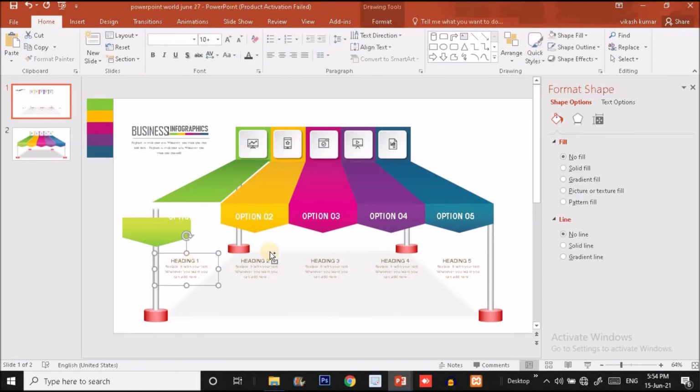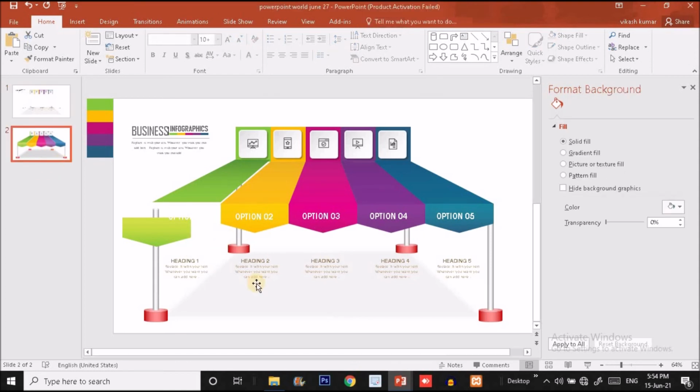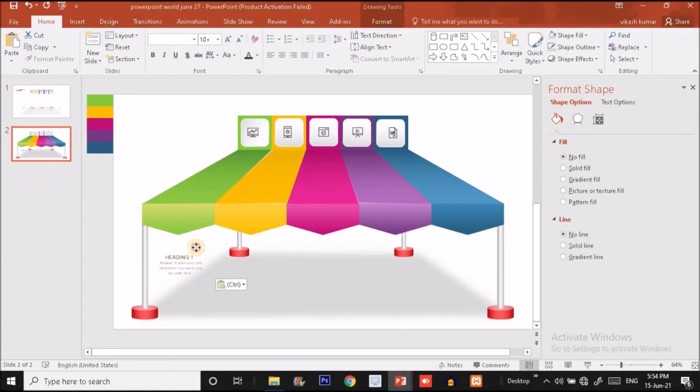Now we just have to select all this text from the previous slide, press Ctrl C and put it over here by pressing Ctrl V, Ctrl V, Ctrl V and put it over here. Make sure the alignment is proper. It will take some time guys, do it with great patience, great patience guys.